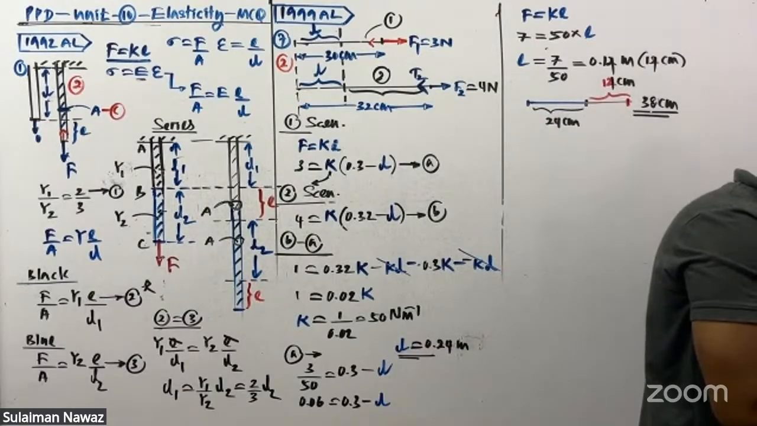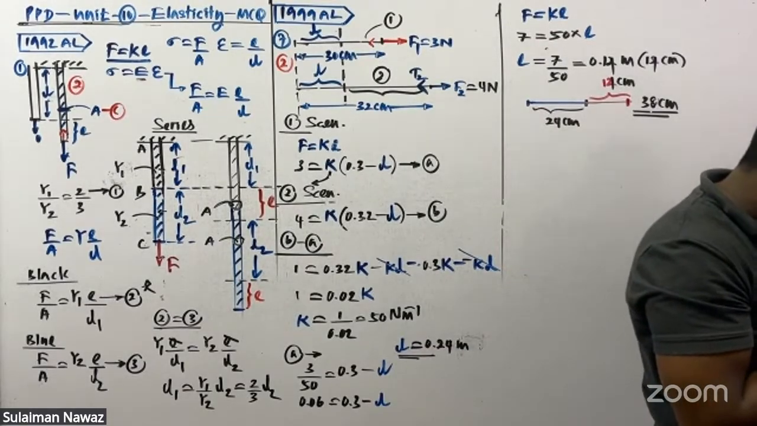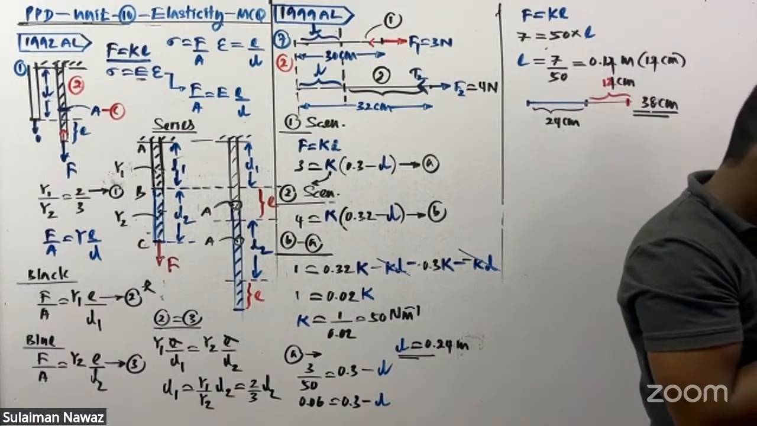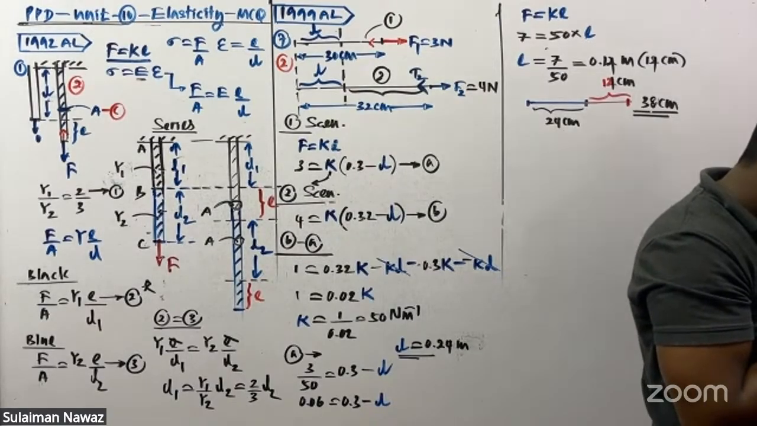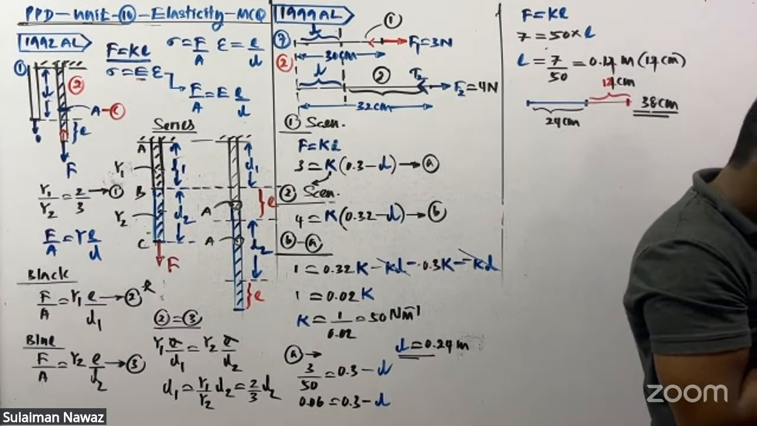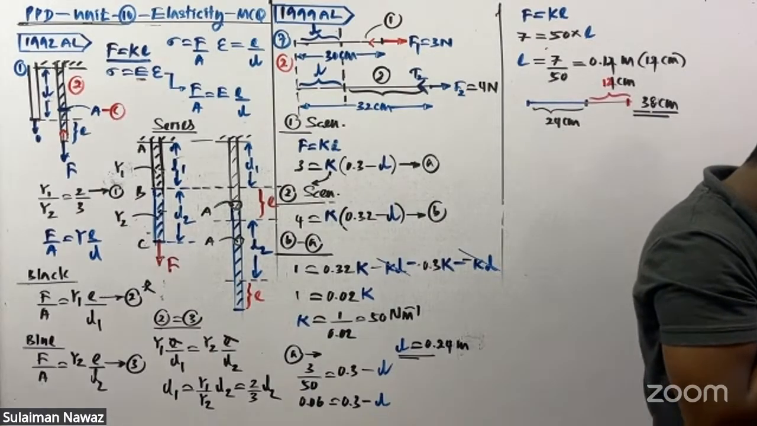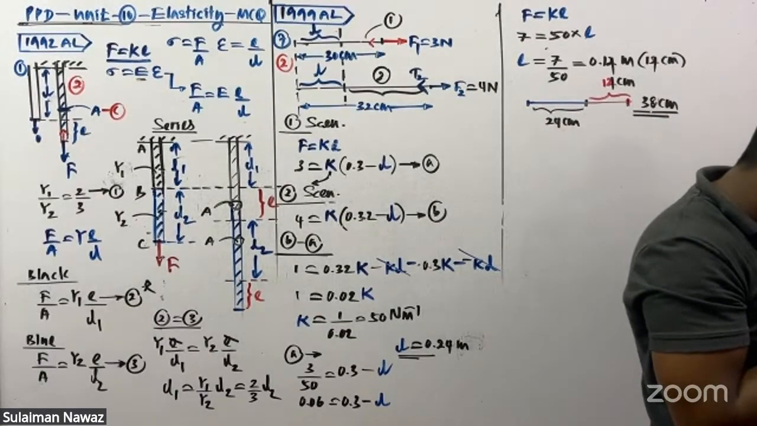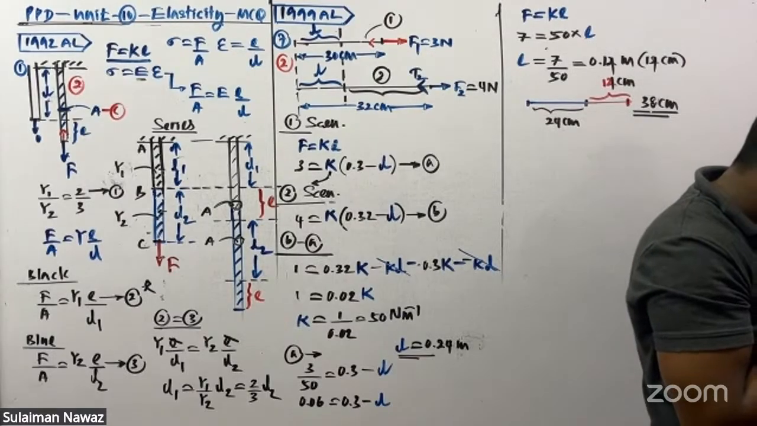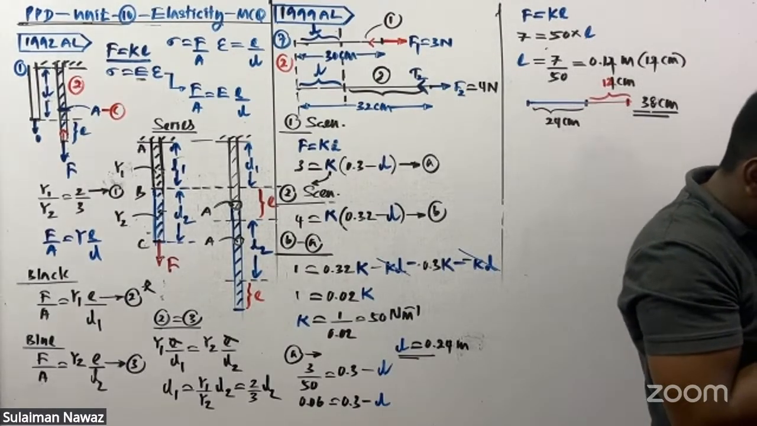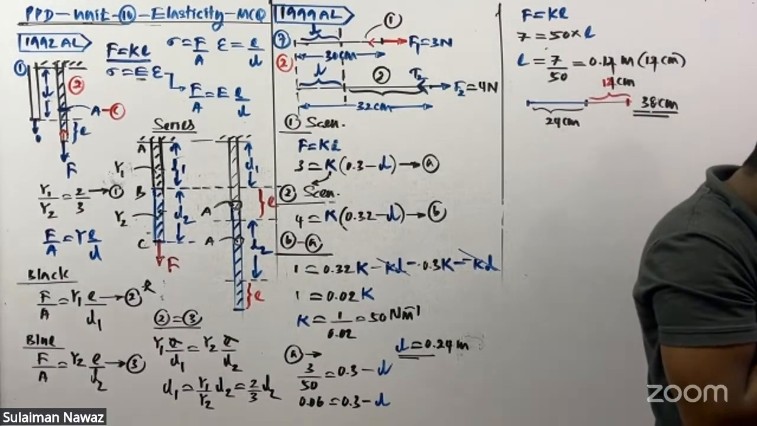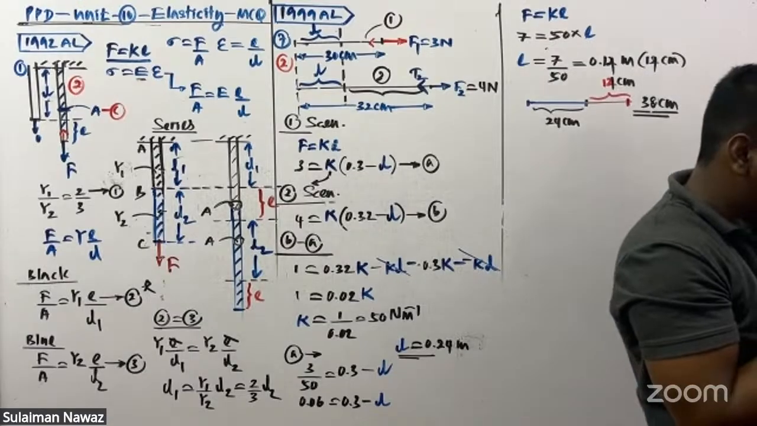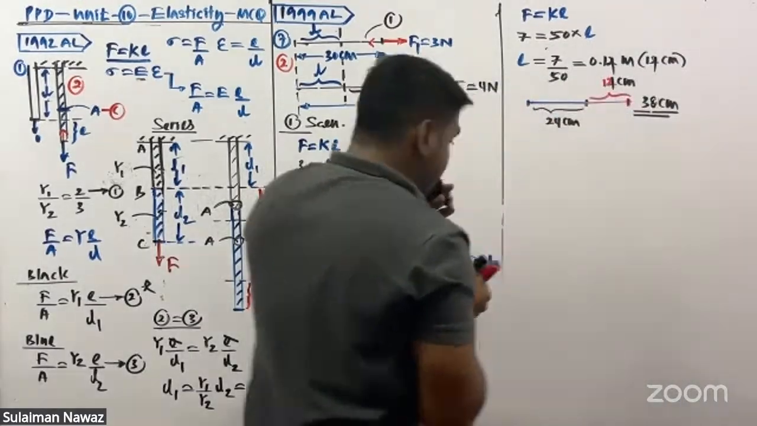Eighth one. One end of a metal wire of length capital L and cross-section area capital A is tied to the ceiling. The other end is connected to a massless spring of spring constant K. A body of mass m hangs from the free end of the spring. If the Young's modulus of the material of the wire is capital Y, the total extension of the system is